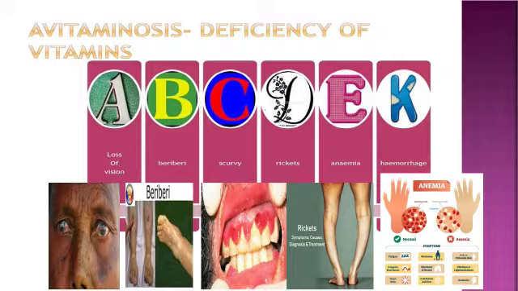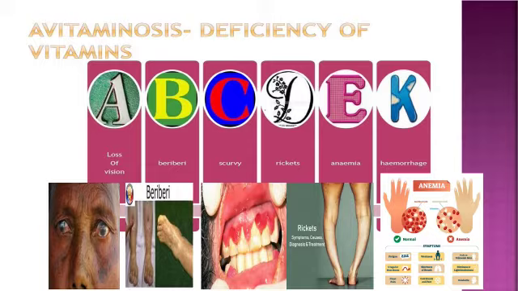Next we will learn more about deficiency of vitamins. Vitamin A, if it is less in our body, causes loss of vision. That means poor vision, loss of vision in darkness, sometimes complete loss of vision also. Now vitamin B deficiency causes the disease called beriberi. You can see here, children, weak muscles and very little energy to do work.